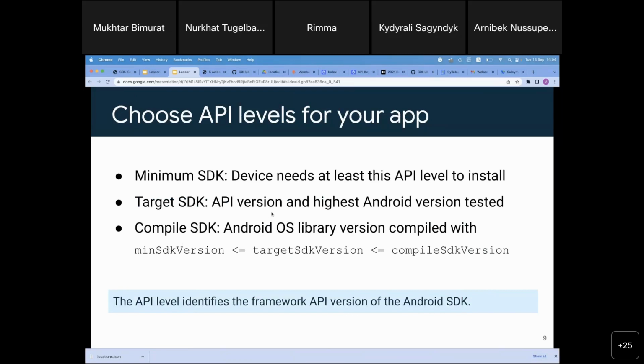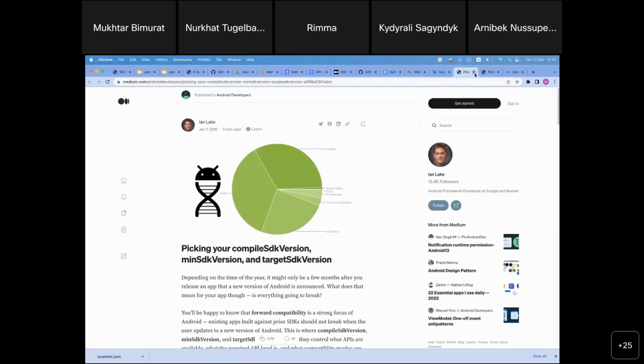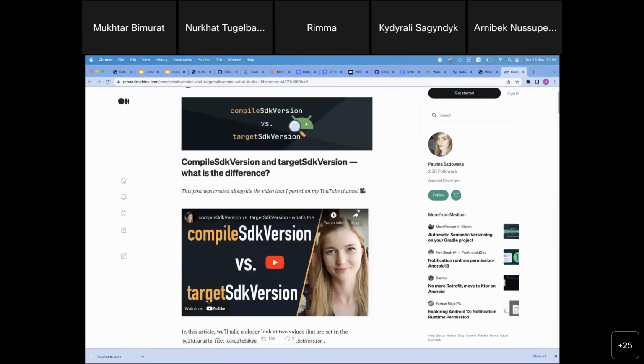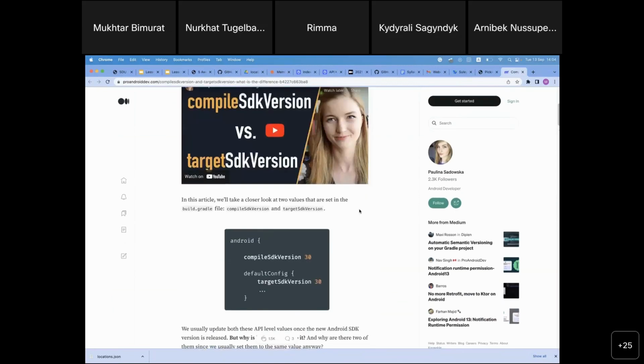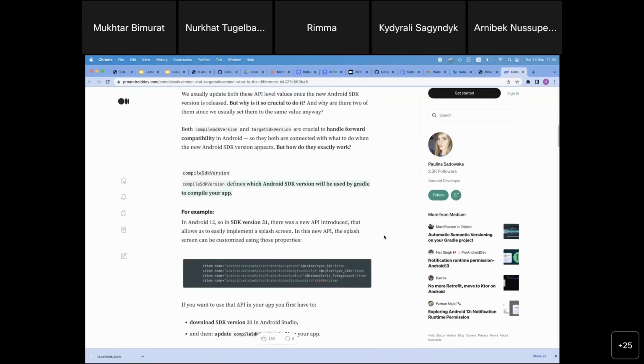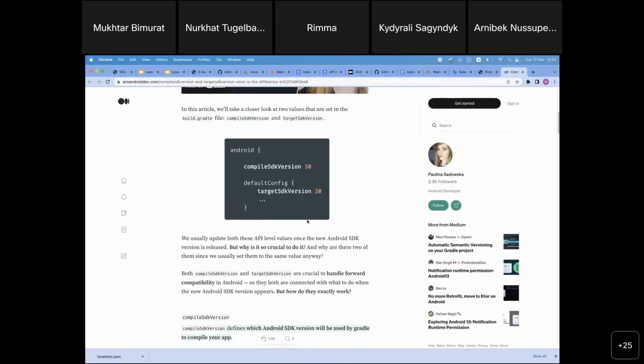So what is the target and the compile SDK version? To answer that, I found one great article. This is a little bit old, but this is also great. But let's see this one, which is new, right? Compile SDK version is kind of like